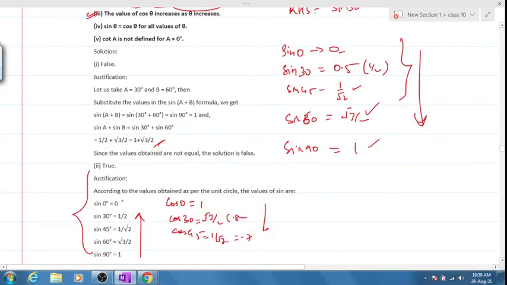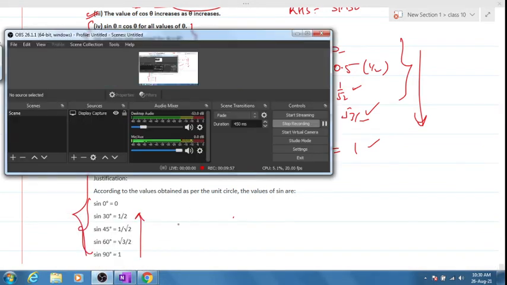Yes, sir. So can you write these values and justify your answer, yes or no? Please write it down. Write all the values. First write the second one and then move on to the third one. People who are done with second and third will tell me the answer for fourth and fifth after 2 minutes, because you will take at least 2 minutes to copy down 2 and 3. I'm pausing the video.